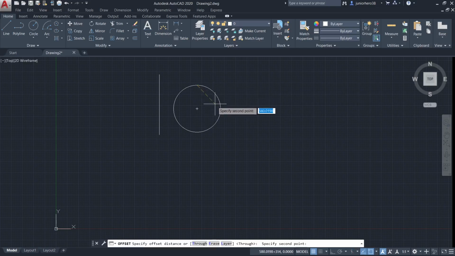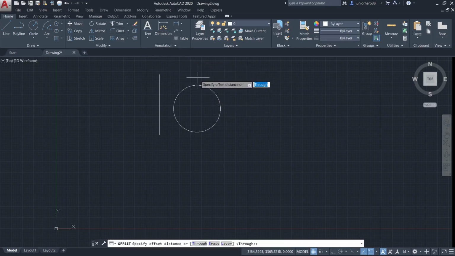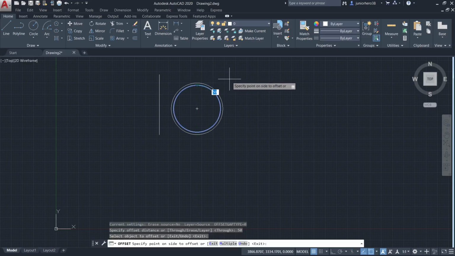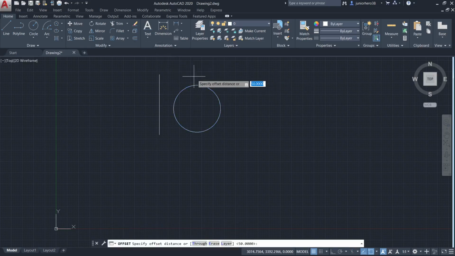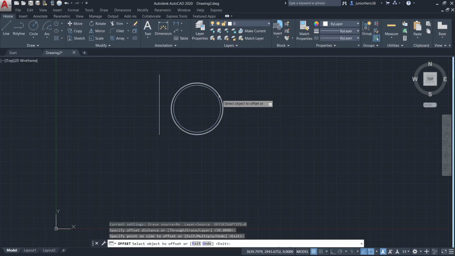Okay. Suppose I have one line from here to here. I want to make another parallel line with a gap of say 7 mm. I can do this, it is possible. But here in AutoCAD, we have one dedicated command for this. That command is called the offset command. In Modify, you will find offset.